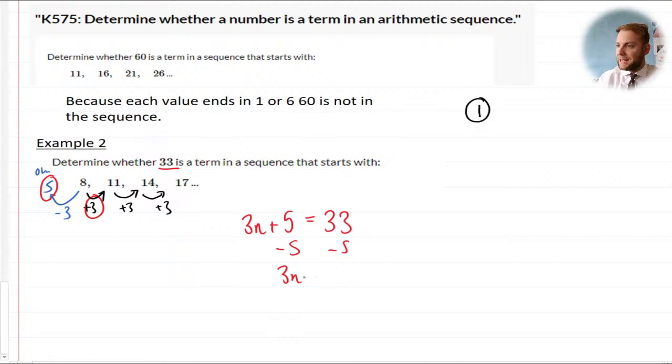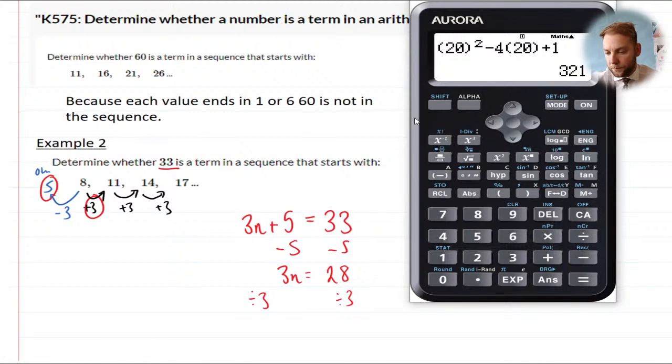So 3n is equal to 28. Then divided by 3, let's do it on a calculator. First thing we did was 33 minus 5, let's just check it, 28. Then I'm doing that divided by 3, which is equal to